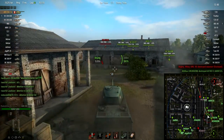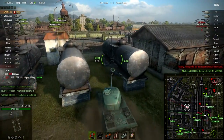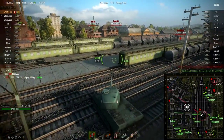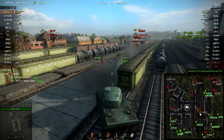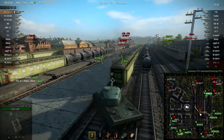And I missed again, so we'll just keep moving. I did bounce a shot from him. I noticed this VK3601 is moving down here, so I should have waited a little bit more for him to just drive out and I get to shoot him in the flank. But here we go. With the proper angling, you can still get bounces, especially when it's a VK and it's got 132 millimeters of